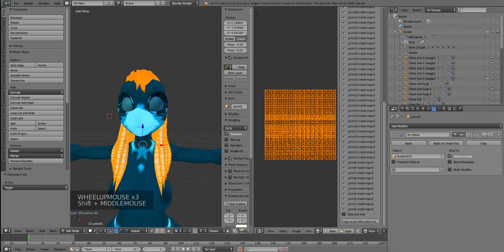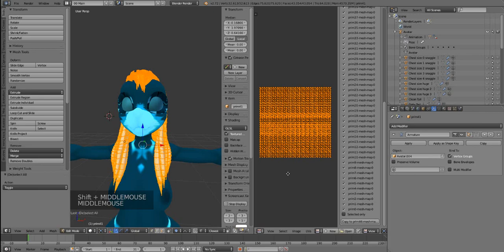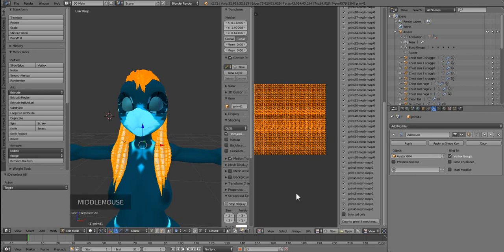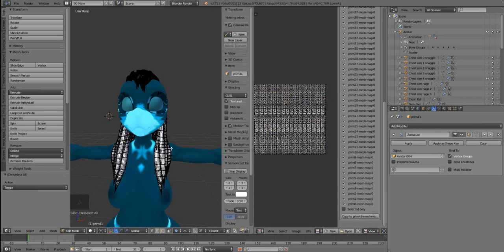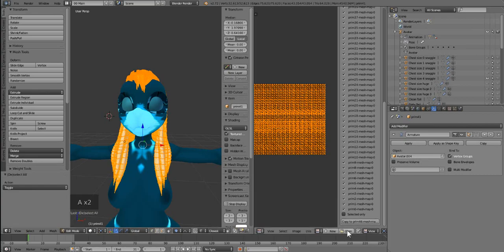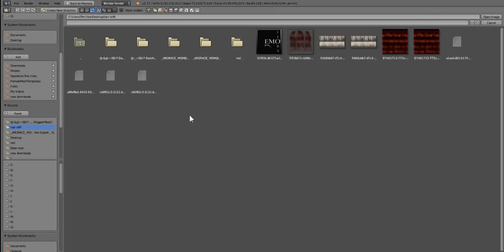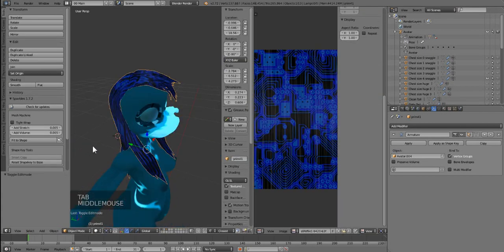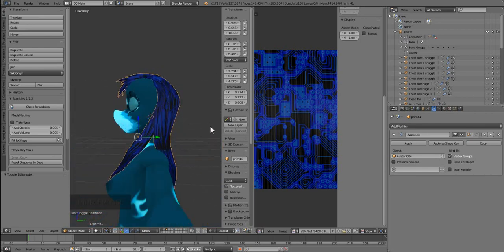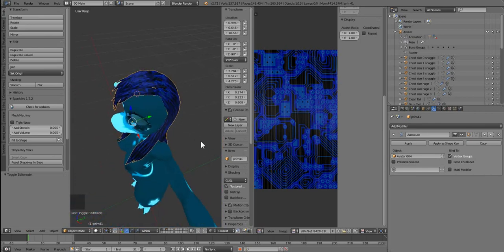Okay, when it's done, you'll see it overlaying and looking kind of crazy like this. Don't panic, don't freak. It's totally okay. You don't have to do anything. The fact that it looks like this means that it's fine and it worked out. So what we're gonna do now is press A and select it all, and then we're gonna hit open, and we're gonna go to our project folder, and we're gonna select one of these, I guess. It's electronic hair. And yeah, you'll see we have our hair, so we can see what it looks like, if anything's poking through,